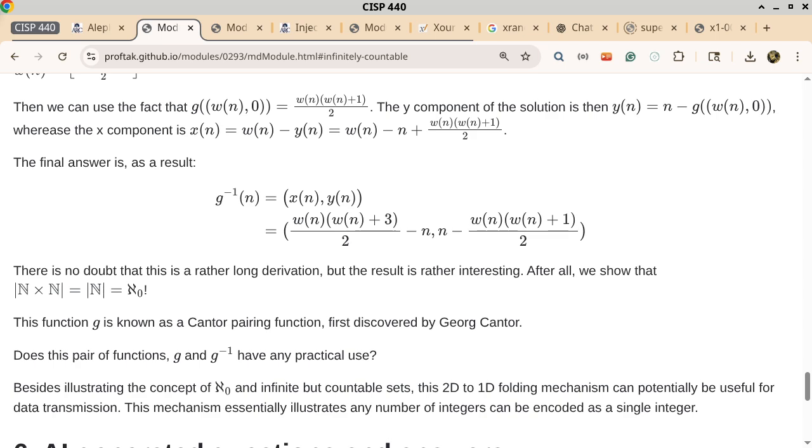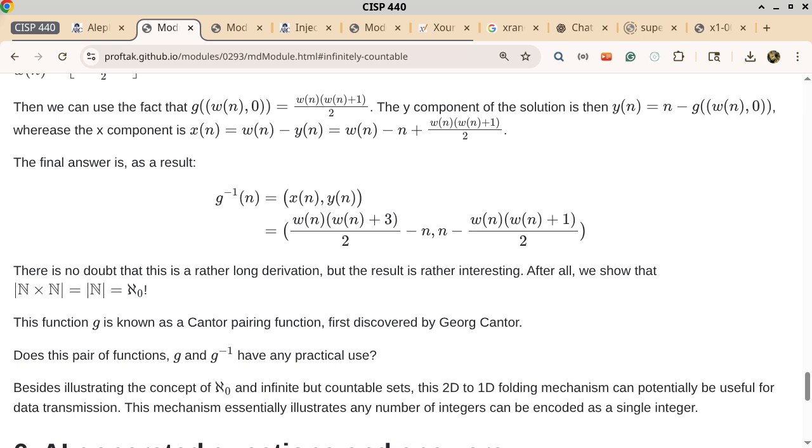The final form of x(n) is W(n) minus n plus this mess over here, and then y(n) is here. Those are the two x and y functions based on n. When you put those two into a two-tuple, then you actually get